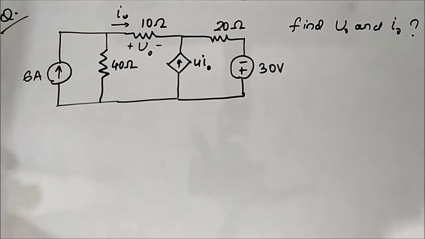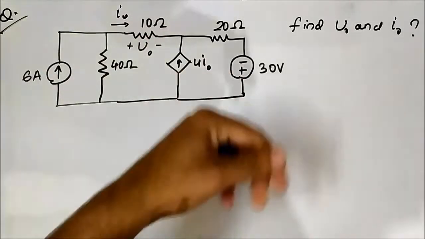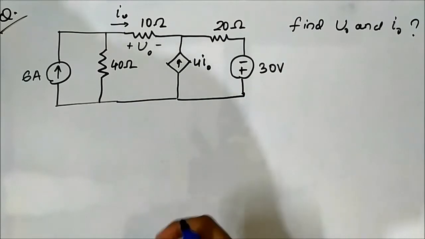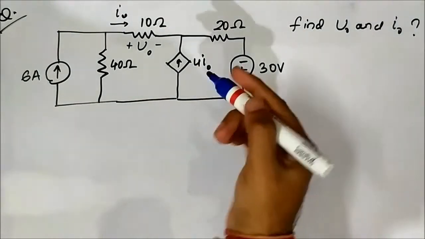So here we are with another question on the application of superposition theorem in circuits involving dependent sources. So far we have discussed around 3 questions, so this is the 4th question I think. Okay, so here we are with this circuit with all these circuit elements present. So this here